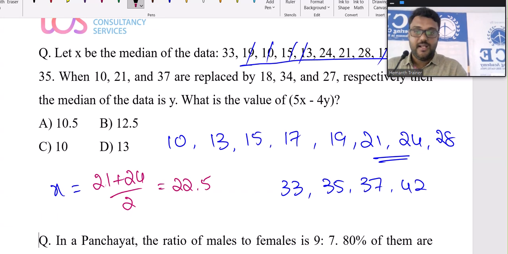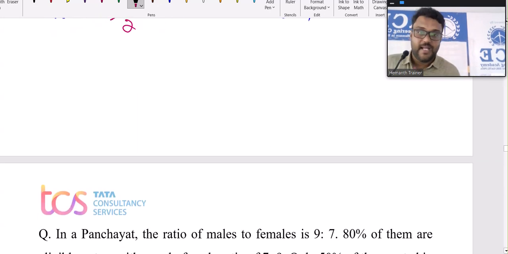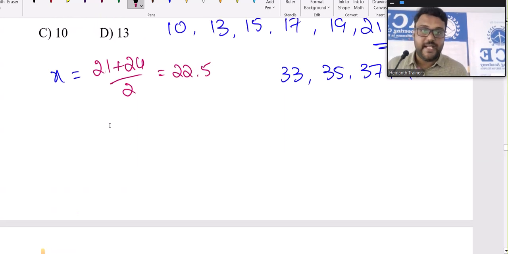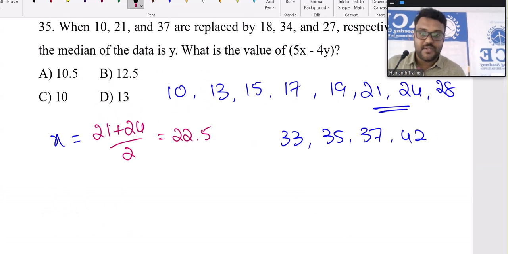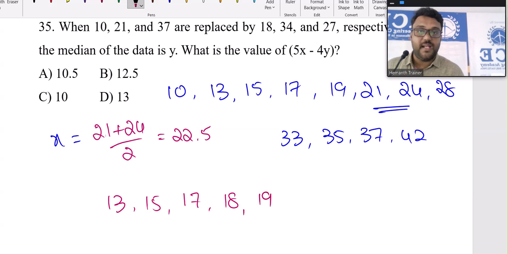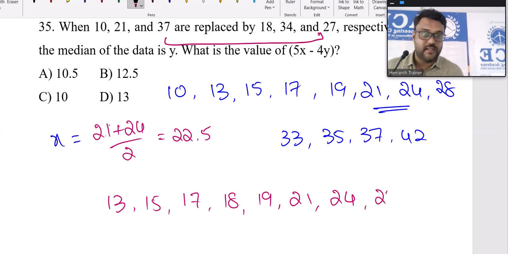Okay, 18's position is somewhere. I'll remove 10, but the order will be disturbed, right? So 13, 15, 17, then 18, 19, 21 is replaced by 34 somewhere else. So we don't have any objection. So 21, 24. Now instead of 37, 27 I have to use here. 27, then 28, sorry,